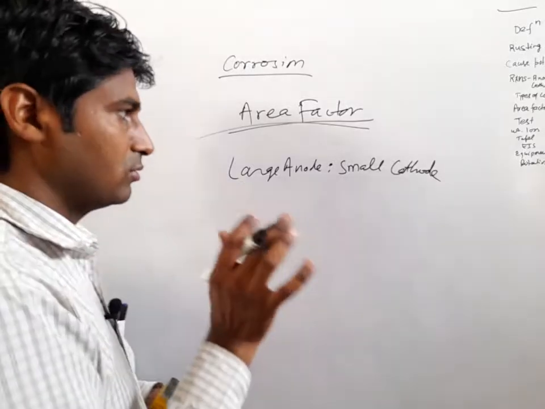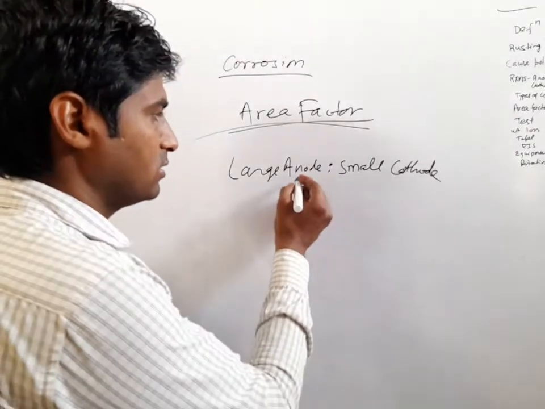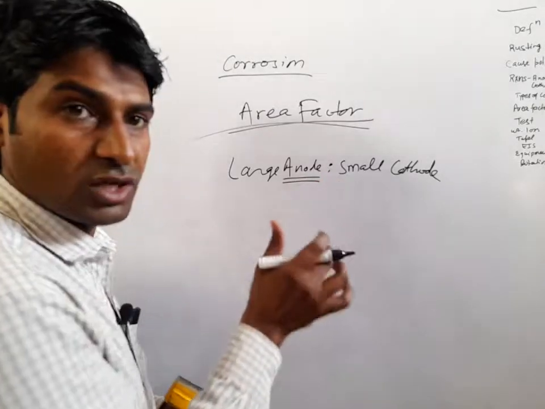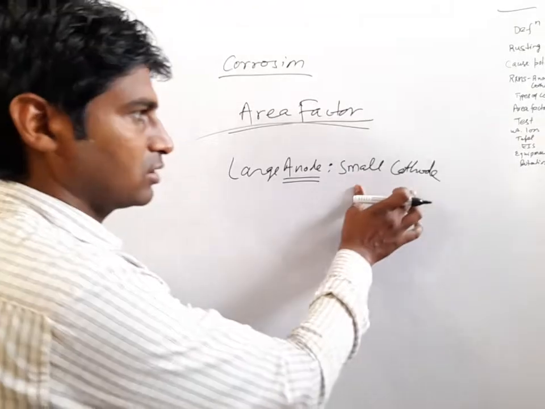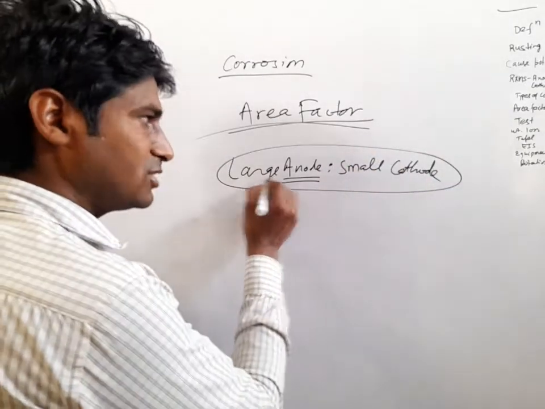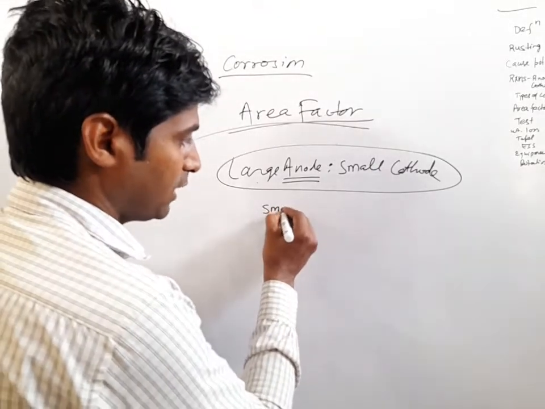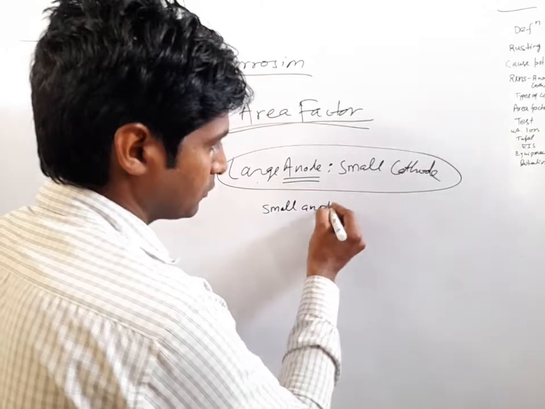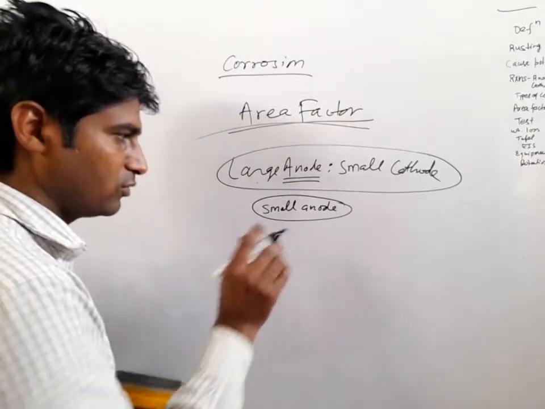Many of you are thinking that corrosion occurs at the anode, so why are we taking a large anode and small cathode, and how can it be beneficial? Large anode, small cathode is always beneficial, but a small anode is detrimental as compared to a large anode, because